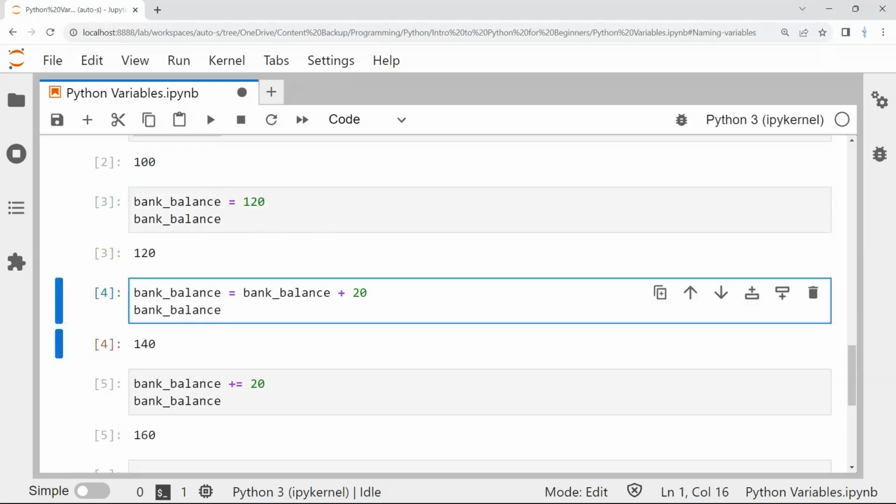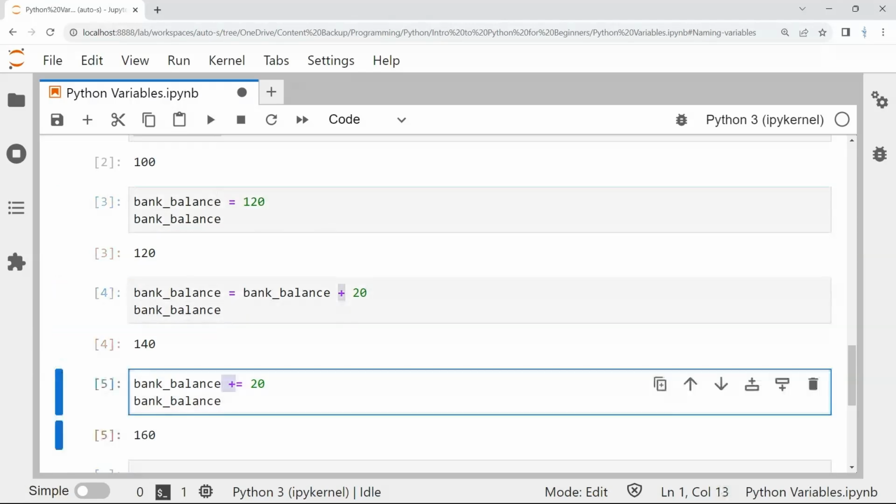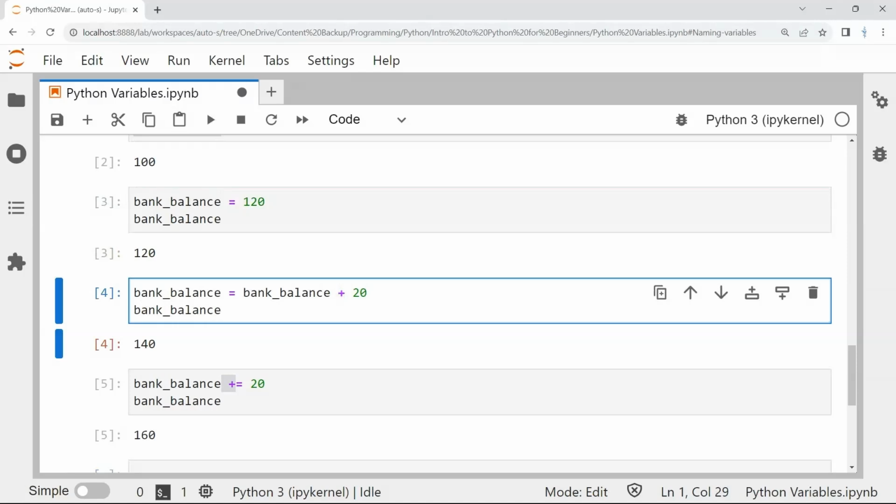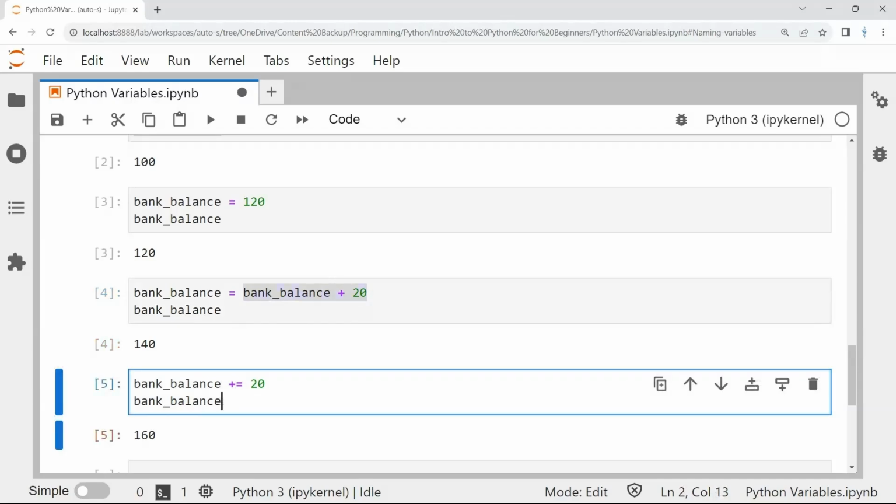And with the last two, where you have the different operators, you can replace those with any of the other operators that we've learned. So if my bank balance was going down by 20 instead, you could have bank_balance minus 20. And down here, you could have bank_balance minus equal 20. Let's say your bank balance was going to be 20 times more. You could also have star equals here, which is the multiplication sign for Python, and that would replace the bank balance with 20 times itself.